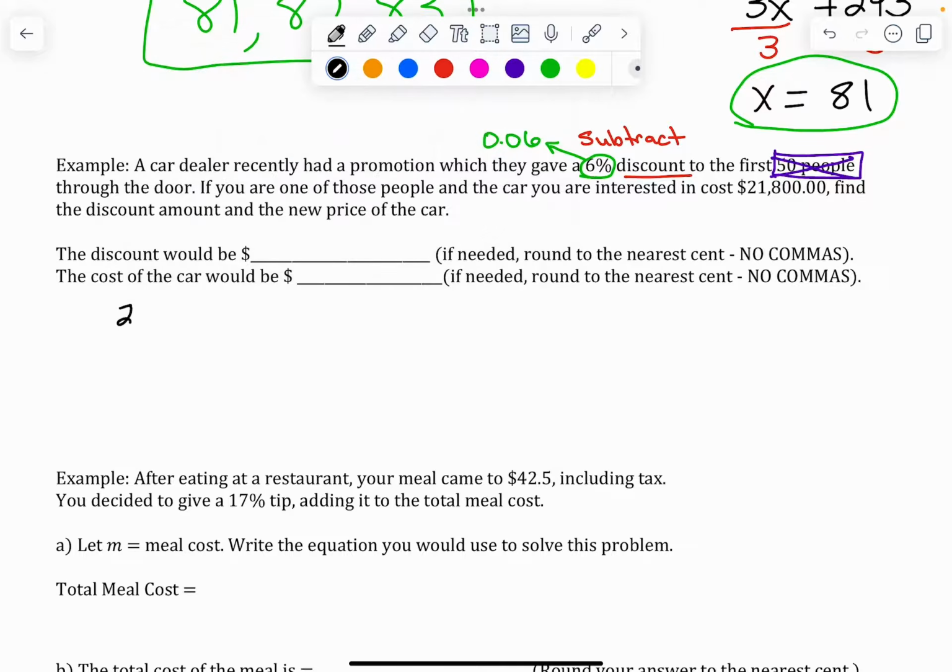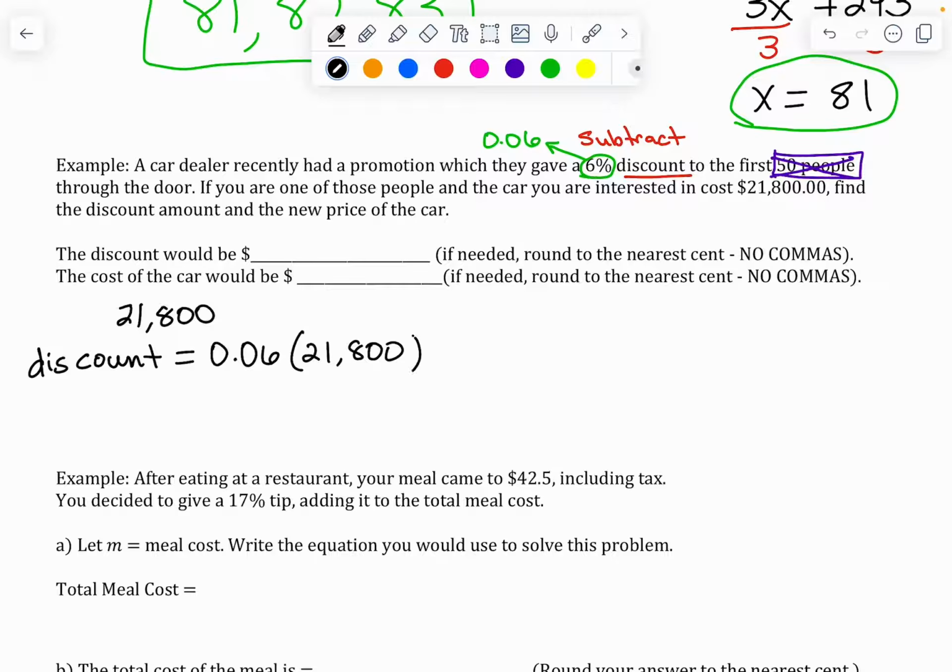$21,800, that is the starting price of the car. Then we need to know how much the discount is going to be. So our discount is going to be 6% of the price of the car. So if we find 0.06 times that, that means that the discount in dollars is